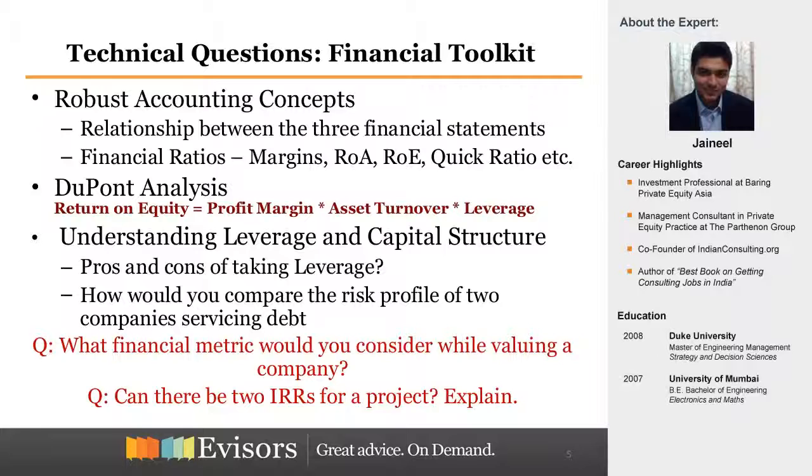Always remember that the interest coverage ratio, which is defined as the operating profit over the interest expense, or EBIT over interest expense, is one of the ratios that you would use to compare the debt risk profile of two companies. There are various ways to measure risk, but this is one of the metrics that you could use to measure the debt risk. So these are some of the questions that I've kept at the bottom of the slide.